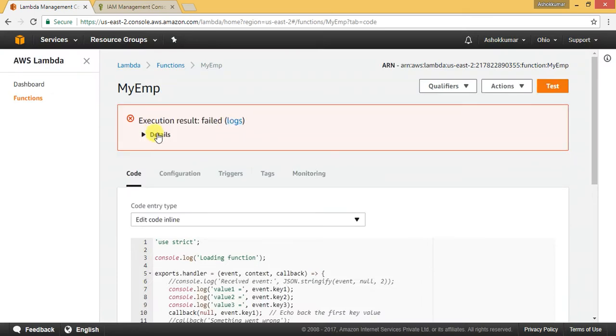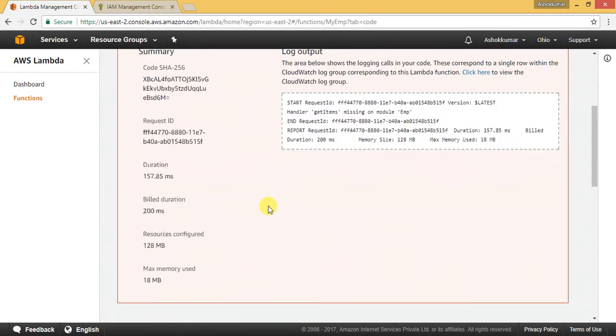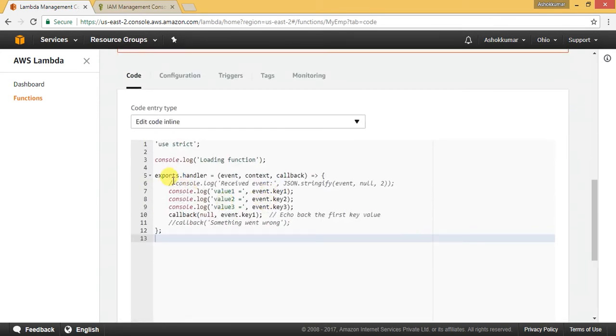So actually it is failing. Why? First click on this details. Handler get items missing on module emp. So what is our module name? Our module name is emp, and get items is actually our function name, right? So copy this get items and come down, and here exports.handler. This handler is actually a function, but you have defined get items, so that get items function is not available in the emp.js file. Okay, just replace this handler by get items, then save it